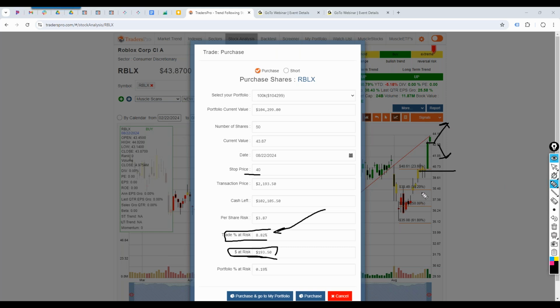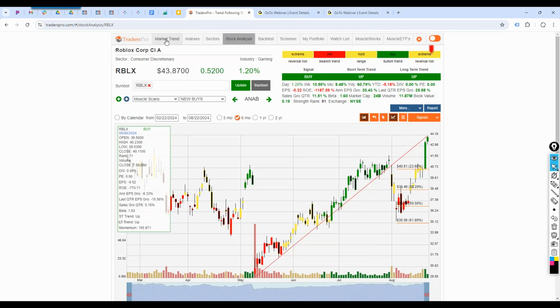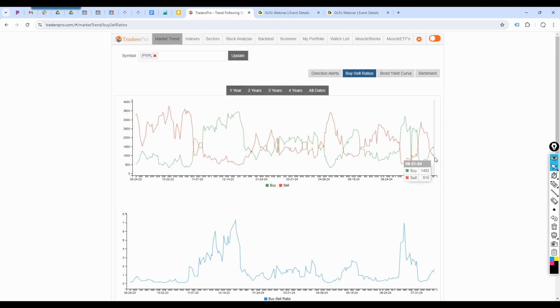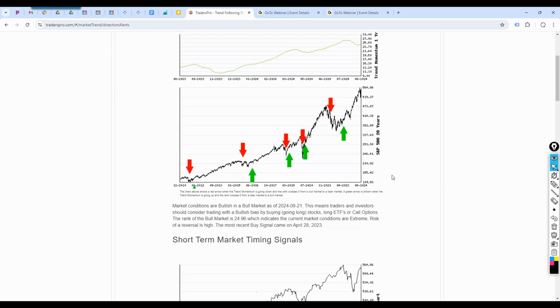Right now, we're in good market conditions, so stocks are going to continue to work. When the markets start to retrace, then all bets are kind of off. We get stopped out of things, trades are not breaking out, they're not moving higher. So how do we know market conditions are good or moving higher? Because the buy-sell ratio is positive. That means the bulk of the market stocks are moving higher.